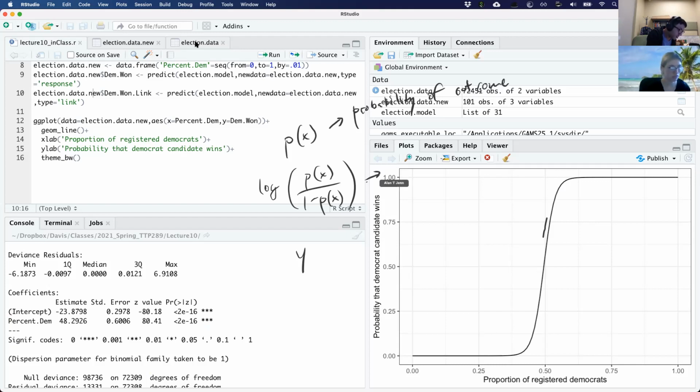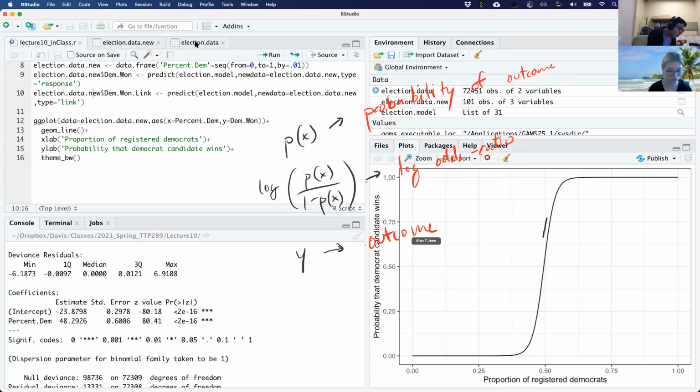This gives the log odds ratio, and this is the outcome.